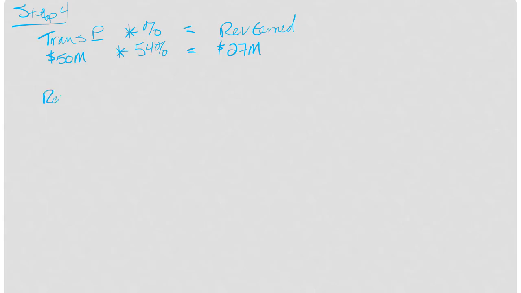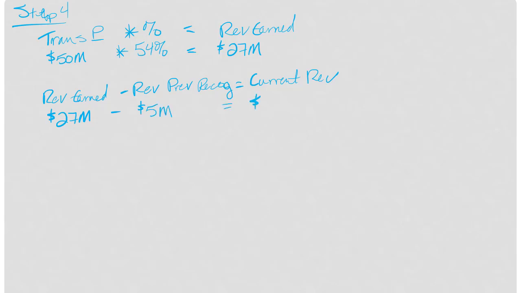I then take the revenue earned minus the revenue previously recognized, and that gives me the current revenue. So revenue earned, that's this number, 27 million. Revenue from previous periods, that's what I recognized in year one. And if we go back and look at those numbers, it's $5 million. So this year I can recognize $22 million, which brings me to step 5, and I'm going to indent that